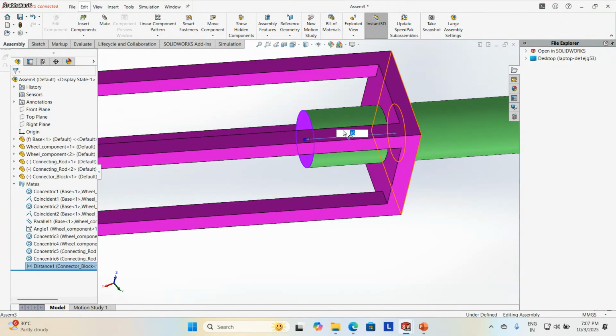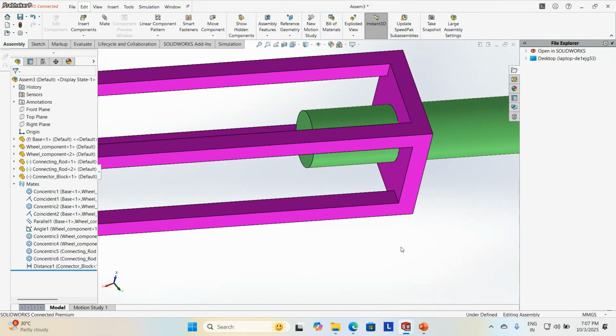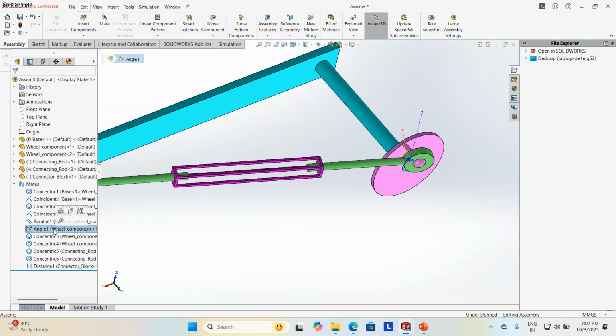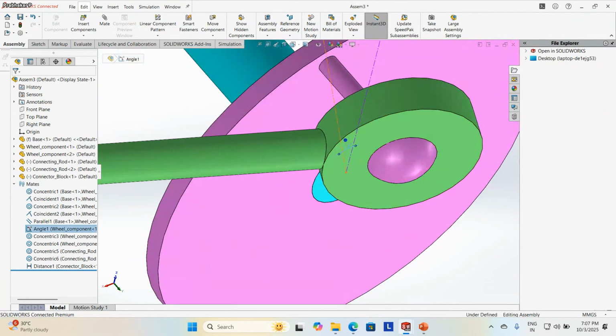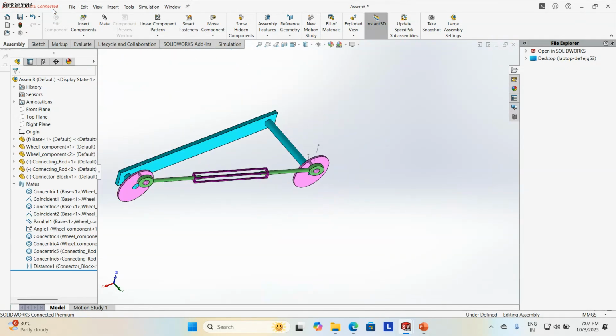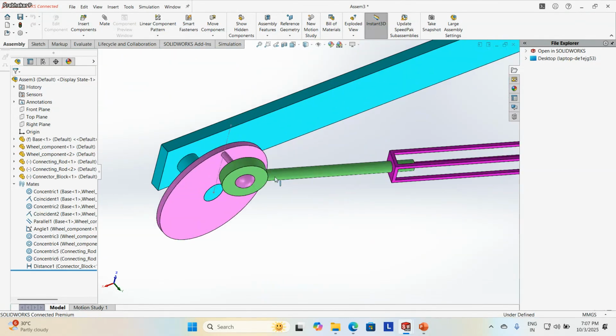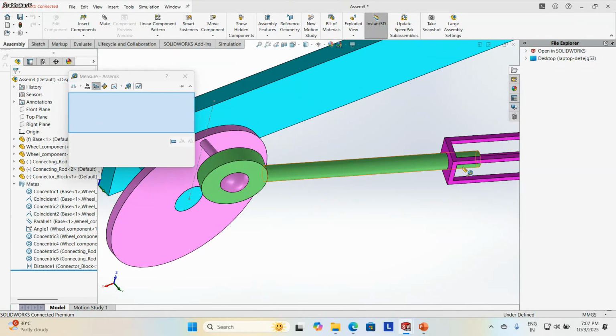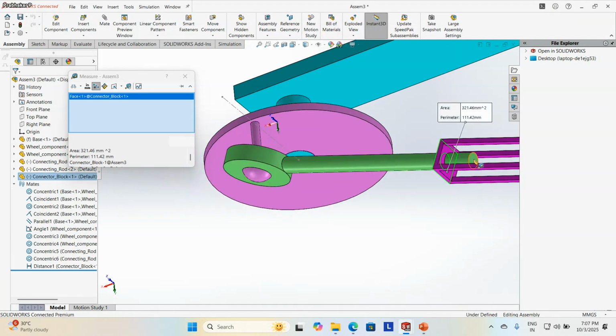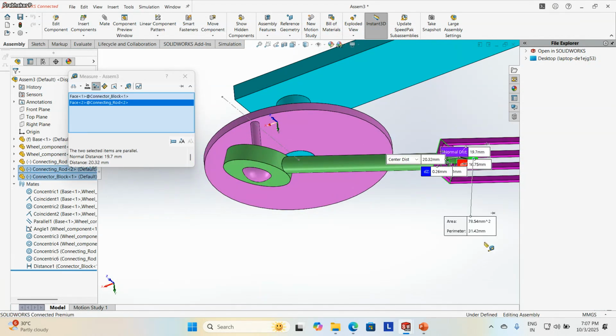This I make it as a 18 and b to 19 degree. I will just rebuild for the safer side and measure the distance. So the normal value is 19.7.